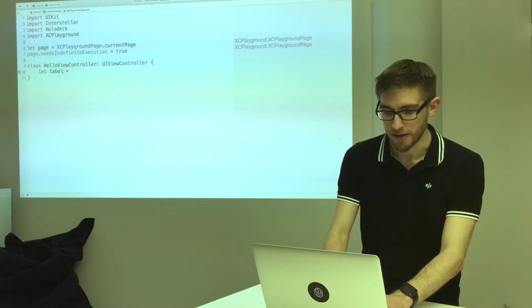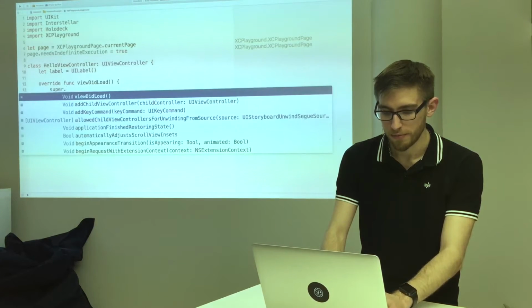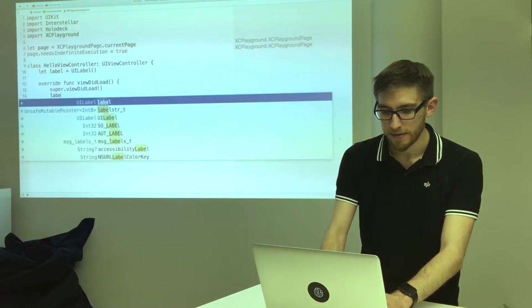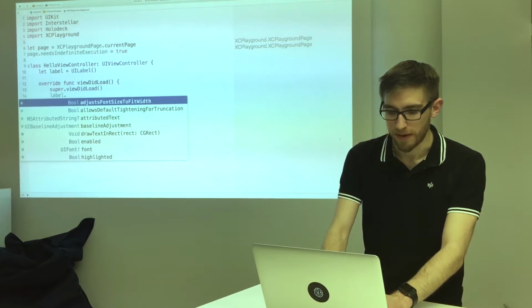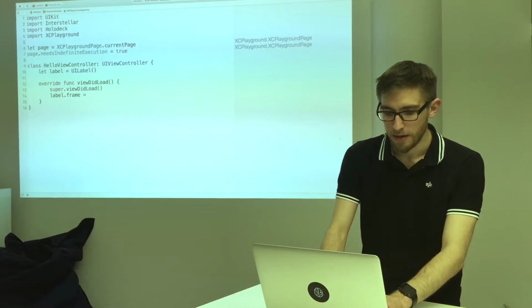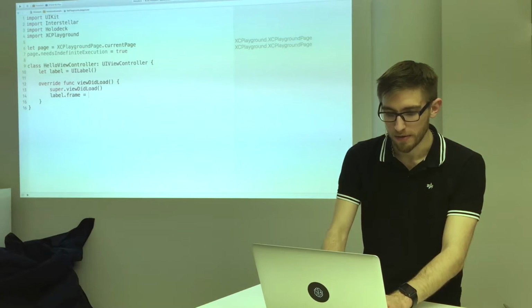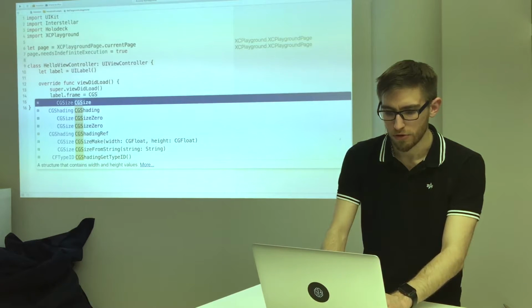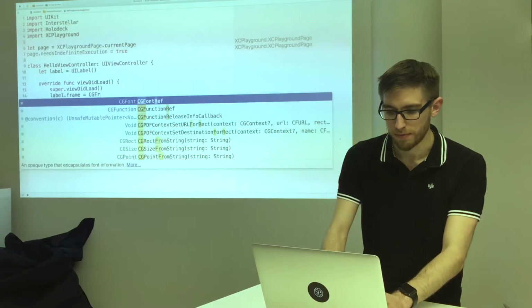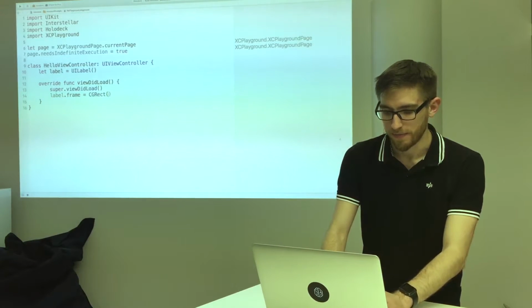Well, let's just initialize it in viewDidLoad, call super, and then do some adjustments on here. So label.frame will be CGRect. What was it? Okay, so